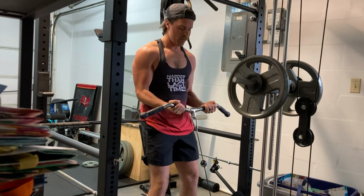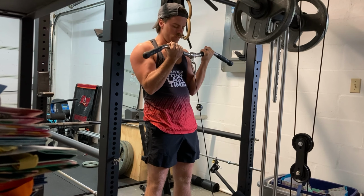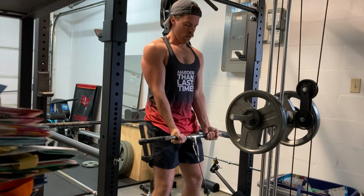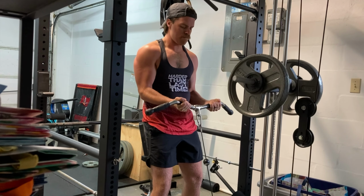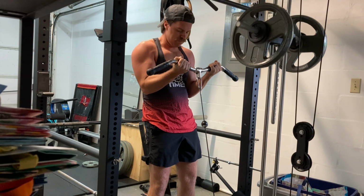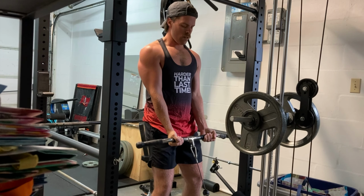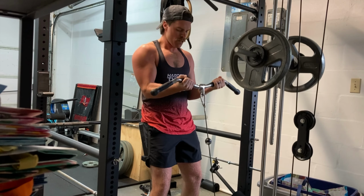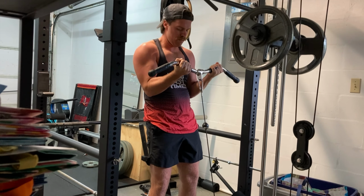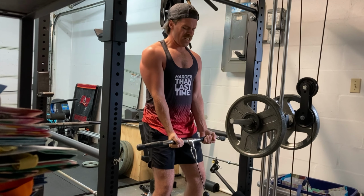Back again with the usual upper body workout, starting off with cable curls. You will see here on the weight stack, I actually have little tiny black 1.25 pound weights on either side. So increase the weight by 2.5 pounds, which is perfect for an exercise such as bicep curls or other direct isolation or simple exercises that when you make a weight increase, it's very difficult on the muscles, right? So small weight increase here,